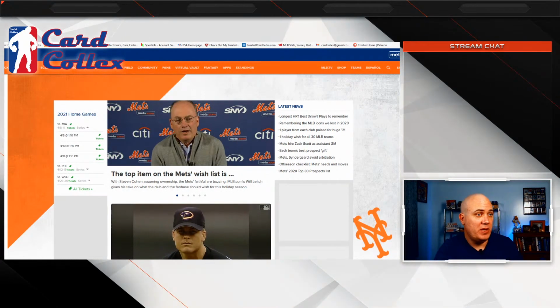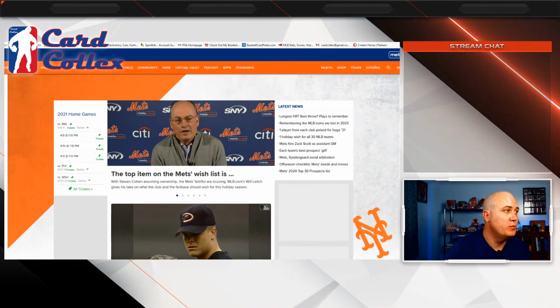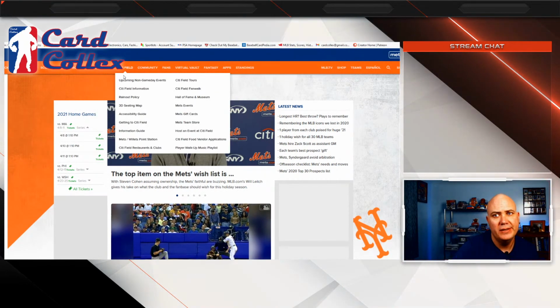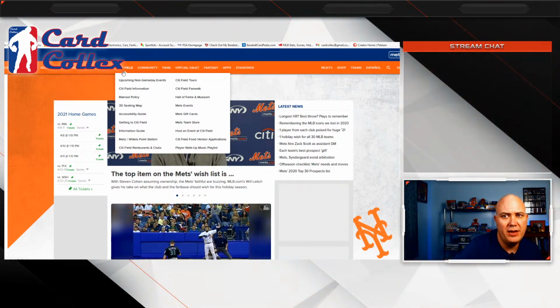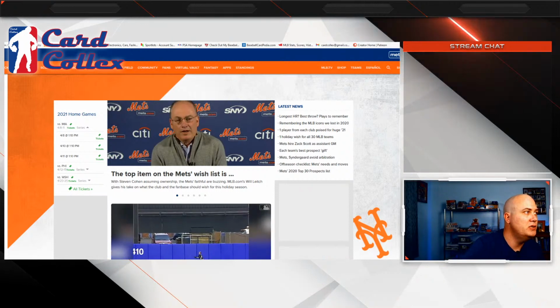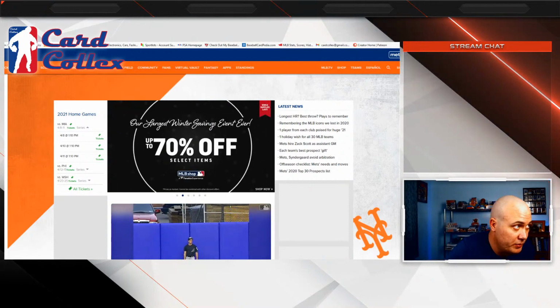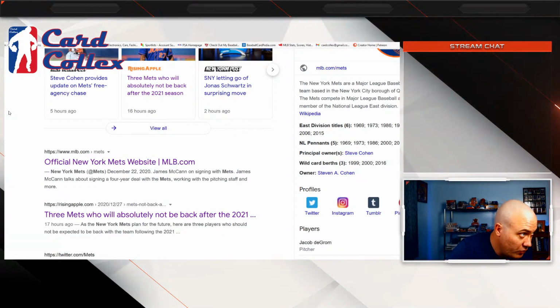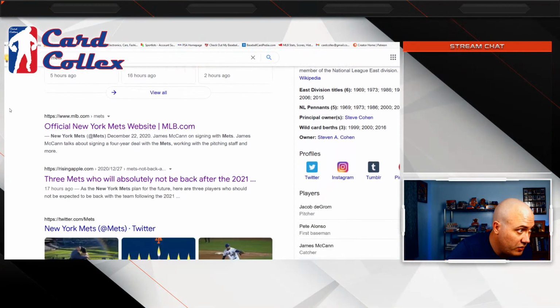But it'll be really interesting to see. That's why I'm really big on Pete Alonso right now, because I expect them to have a competitive team this year. They're going out looking for people, and it might be really surprising who they add to their roster.